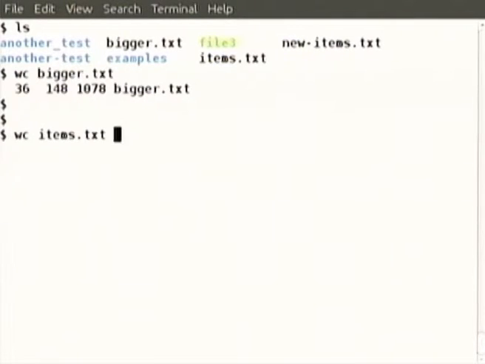You can also, let's see for items. Please note that this bigger.txt was constructed from items.txt by putting it two times one after another. So of course each count is double of this. Now if you think that some important information is only in the last line or only in the first line, then the head and tail commands are extremely important. Many of our exercises require you to know head and tail well. We will do head and tail in more detail after we stop for tea. Thank you.